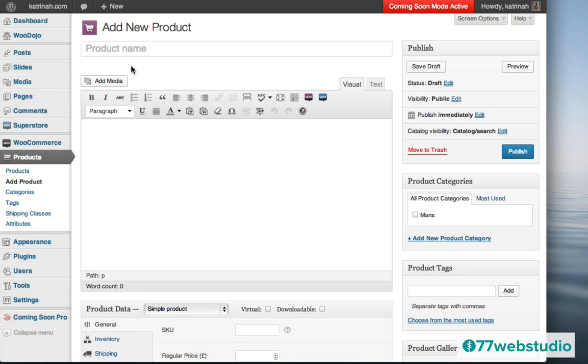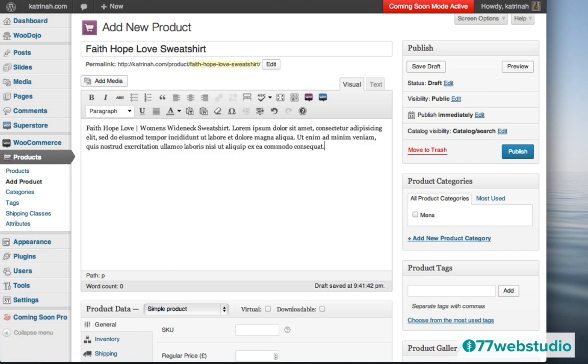And as we did before, the first step is to give your new product a product name. So I'm just going to add this particular product name here. This will be the Faith, Hope, Love sweatshirt. And then you want to come down to this section and add some content. So I'm just going to paste in some content right here. I just copied this. And then as we did before, I'm going to highlight the name right here and format it with bold. So I'm just going to hover over the B and click on the B here to bold this particular product name. And then I have my content. So once you have the product name and the product description set up, the next step is you want to come over to product categories and give this particular product a category.